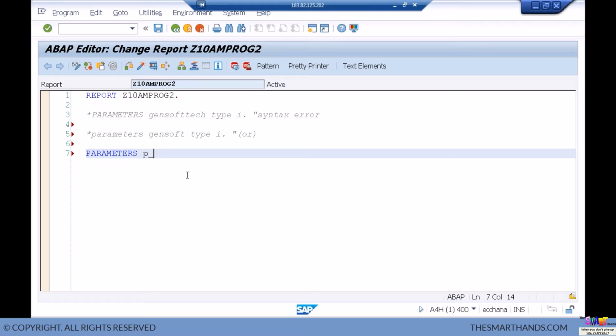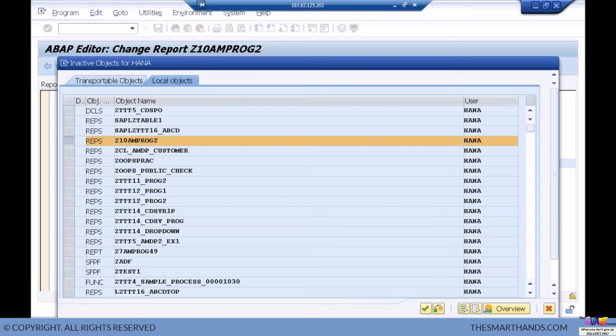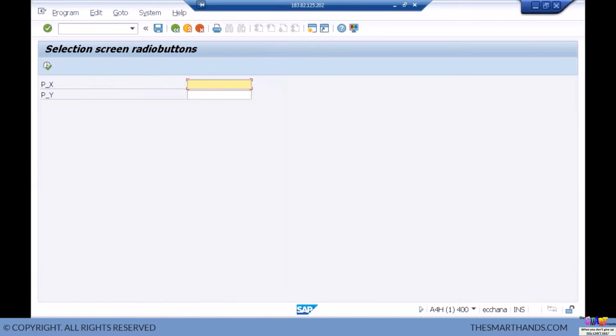Okay, so I'll say p underscore. I'll give a short form. What is that? p underscore x type I. I require one more variable. So I'll say parameters p underscore y type I. I indicates integer. So let me do the syntax check, save it, Control F2. No syntax error. Let me activate. When I execute, I got the selection screen where the user can input